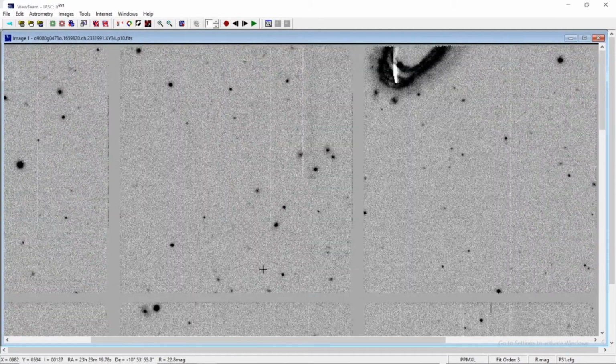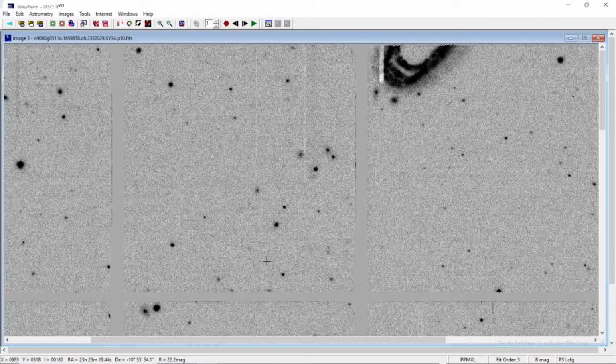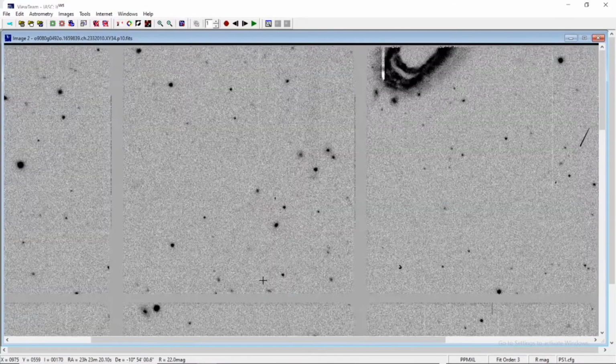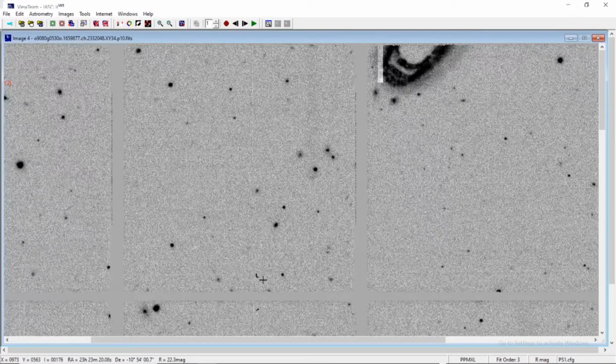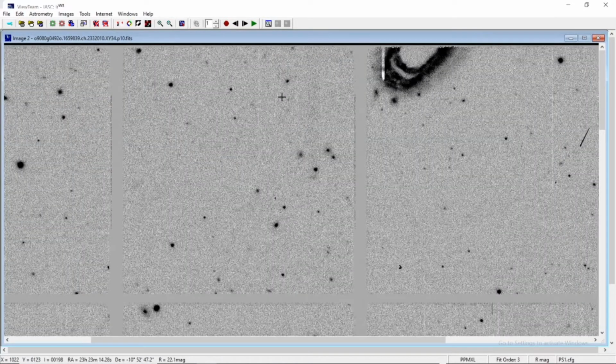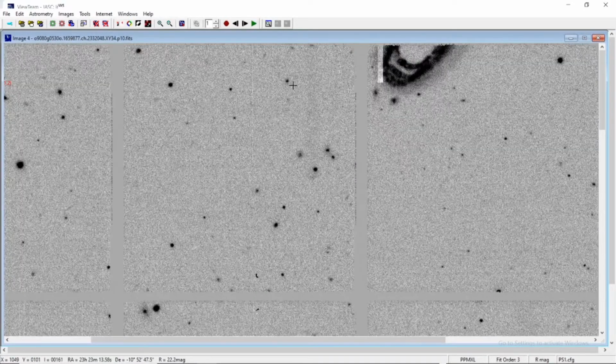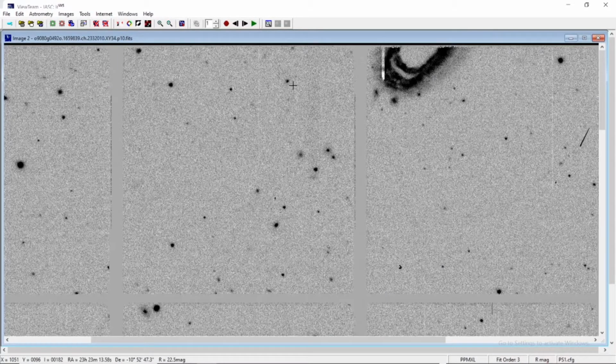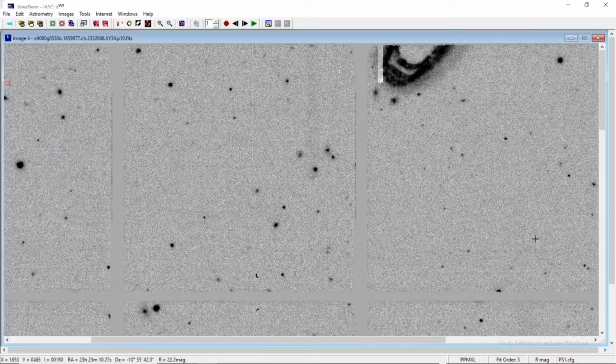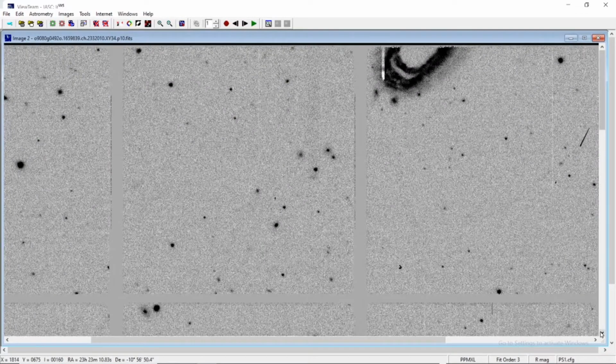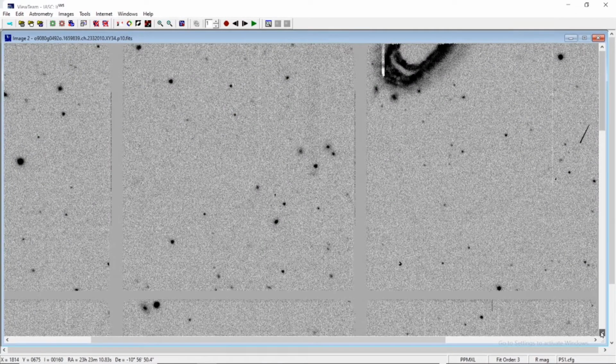Now you see here, this object which appears below, in image 4 it is here. In 1 it is not there, 2 it is not there, 3 it is not there, only in 1 it is there. So it is mainly because, maybe because of an instrumental defect or a turbulence, that this object has appeared. Because of the interference of light, it is also a case.